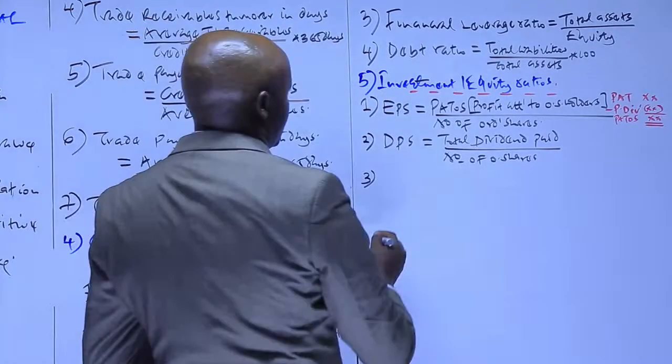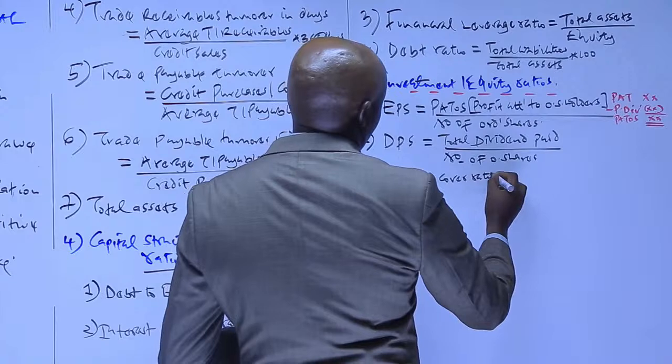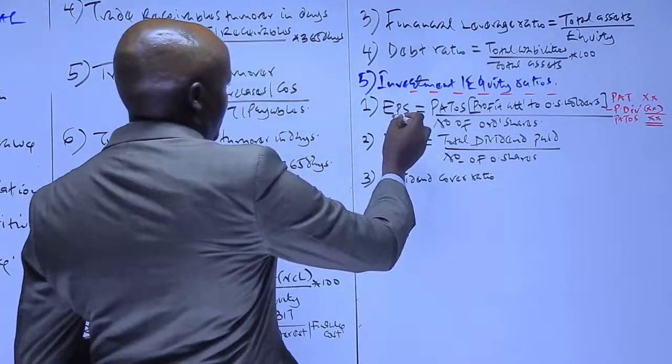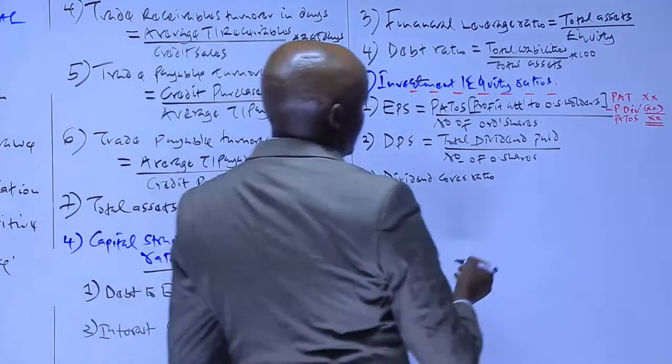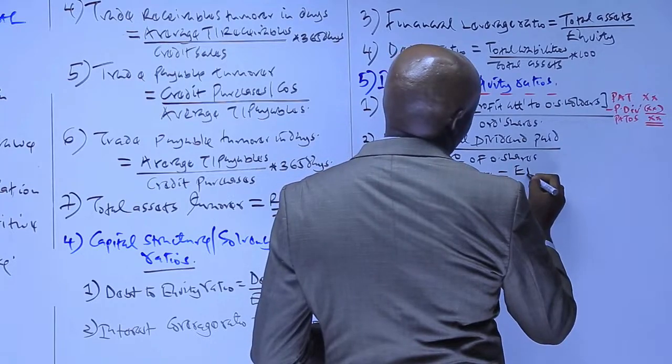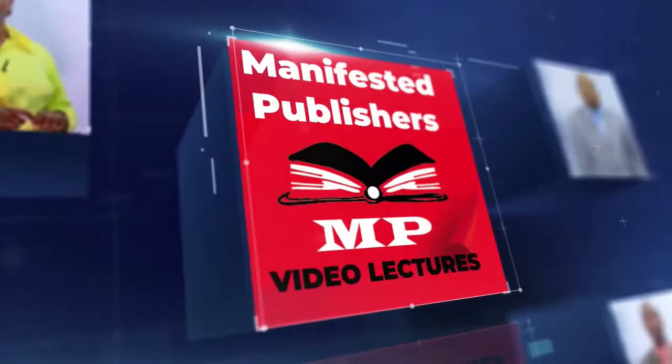The other one is called the dividend cover. So this ratio here is computed using the earnings per share and also the DPS. So we take the earnings per share